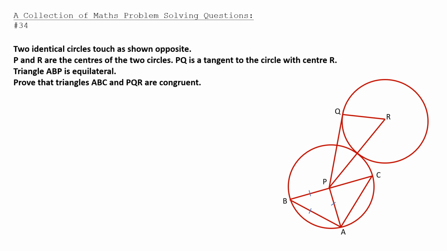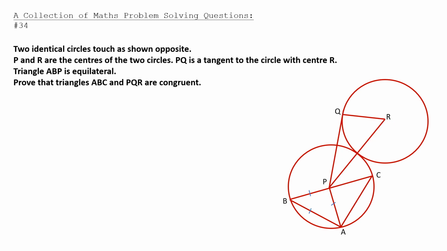Two identical circles touch as shown opposite. P and R are the centers of the two circles. So that's P and that's R and that's the center. PQ is a tangent to the circle with center R, and triangle ABP is equilateral. Prove that the triangles ABC, so that's this triangle ABC, and the triangles PQR, that's this triangle PQR, are